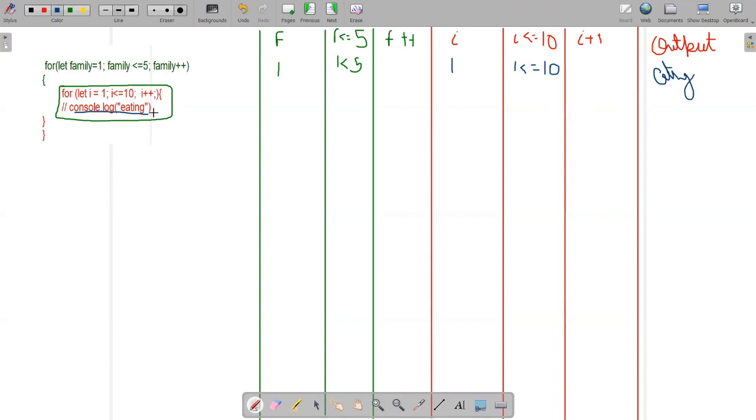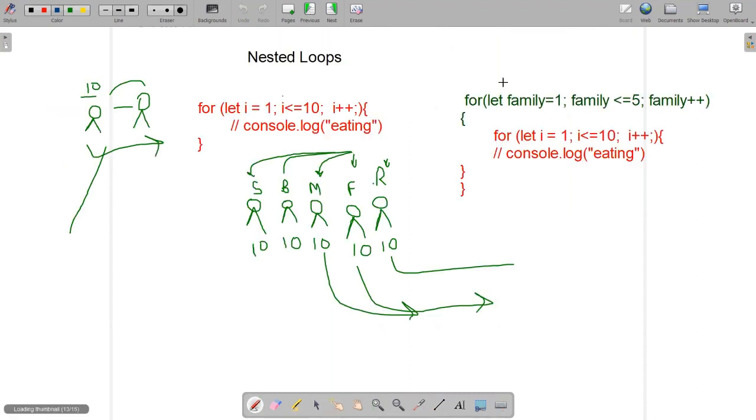Okay. Then it will go again. It will increment i plus plus. So it goes again here in incrementing. Just keep it in your mind: it will not go to this increment all at once. No, it will not go there. First, this loop has to end. Then it will go and increment family plus plus. Okay. So now, because in the previous example, I told you that